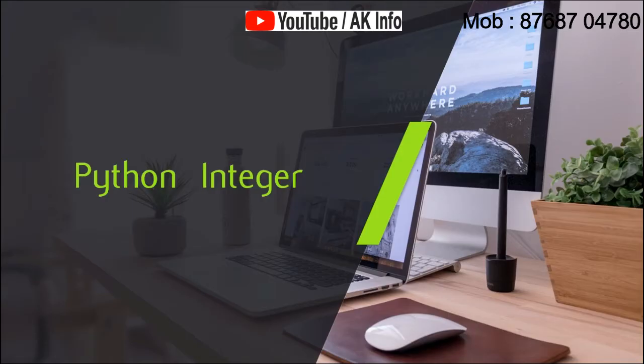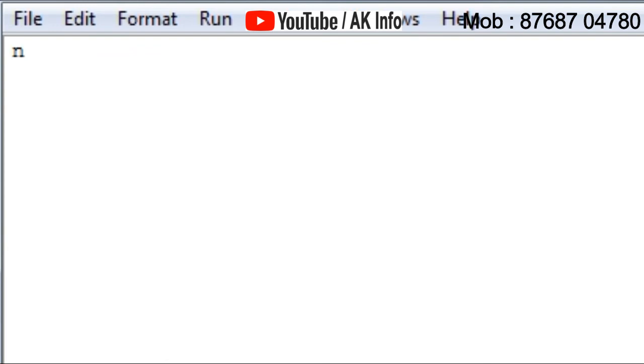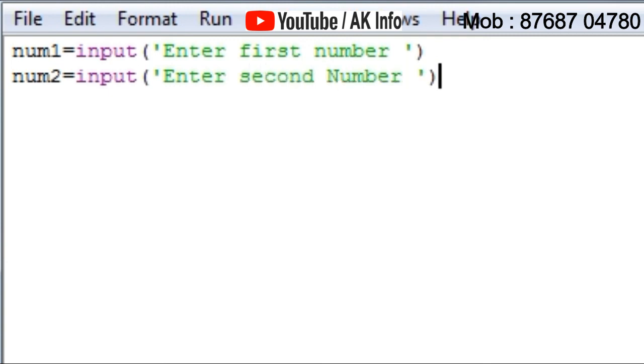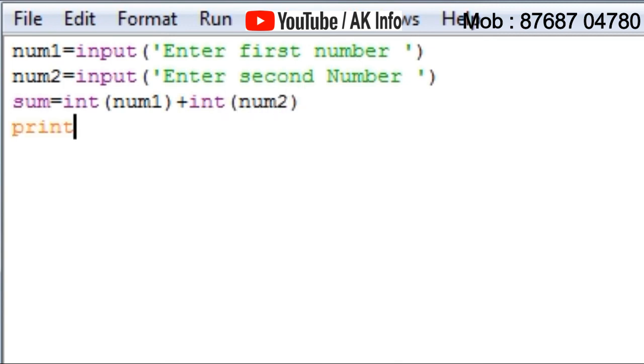Now discussing Python integer. Here is a program. Type num1 equal to input bracket open single quote enter first number quotation close bracket close, num2 equal to input bracket open single quote enter second number quotation close bracket close, sum equal to int bracket open num1 bracket close plus int bracket open num2 bracket close, print bracket open the total number is bracket close